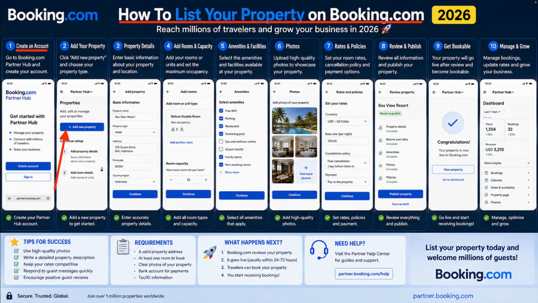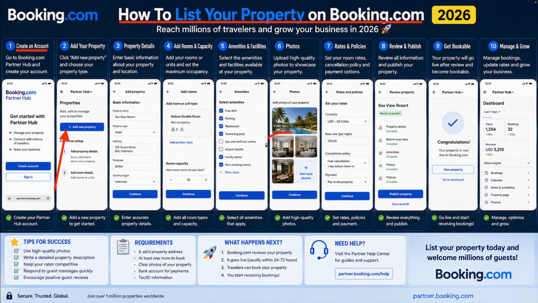property. Enter your property name, your property type, address, postcode, and location. Once you've done that, you can also simply go ahead and add your room or unit types and then your room capacity as well. You can simply go ahead and select individual amenities depending on your rooms, and then you